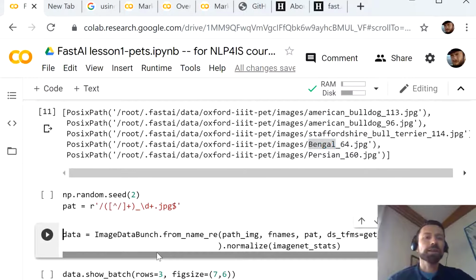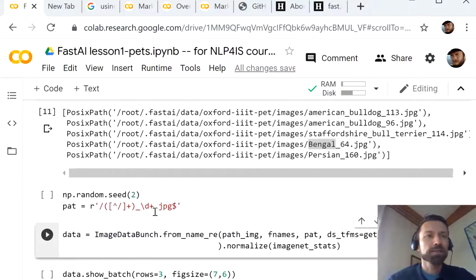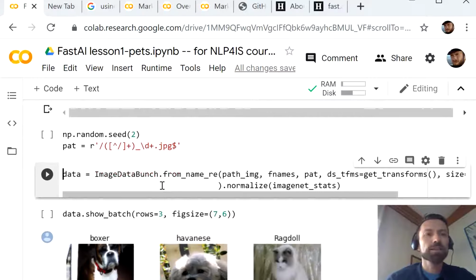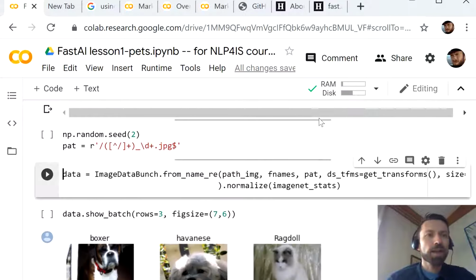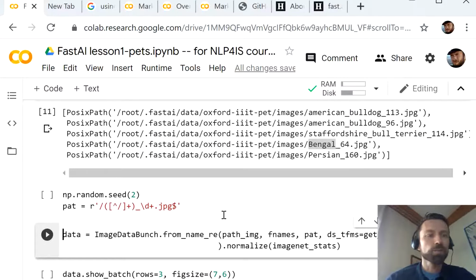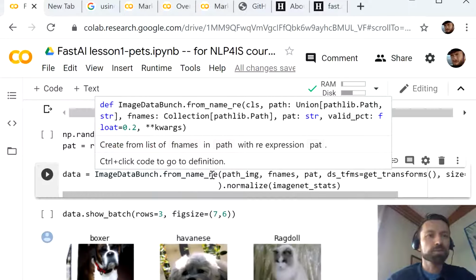So the next step, or now the main step, as this was just downloading the data and setting up the paths where the data will be found, is to create this data loading. It's called data bunch in fastAI, this object which will store the data and will then be used in training to handle the data. So it's here called an image data bunch, so it's a couple of images as our training set, and as we want to use the regular expression to get the labels, we use here this from name regular expression